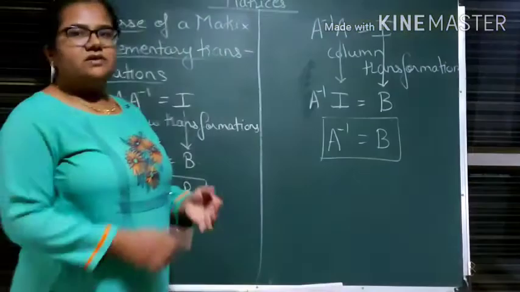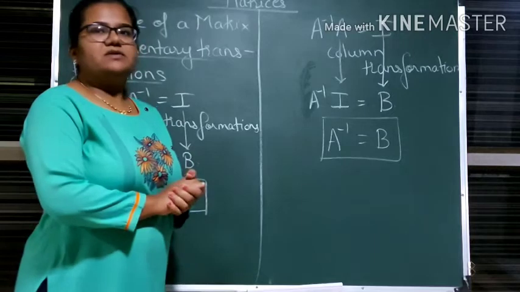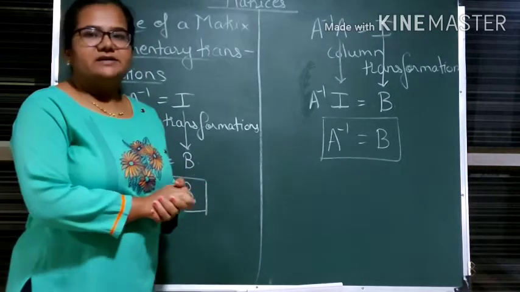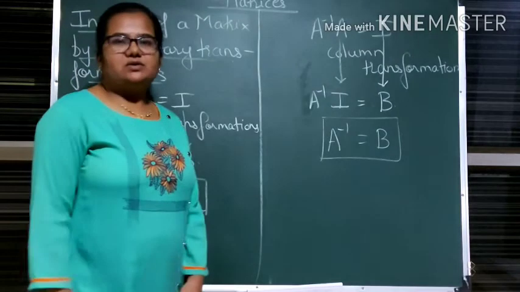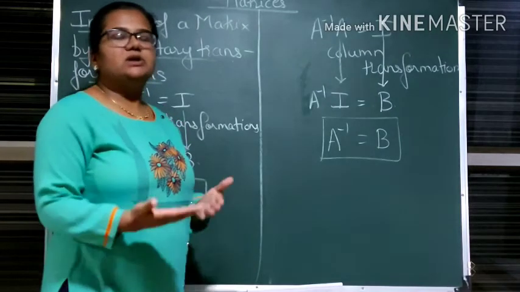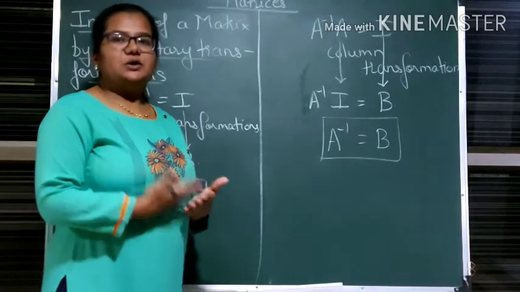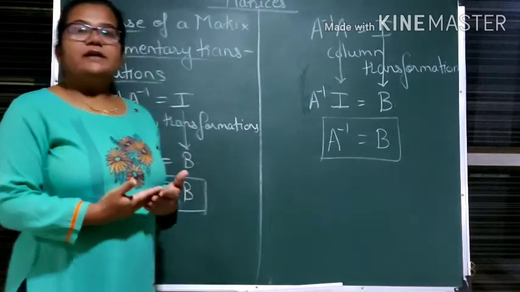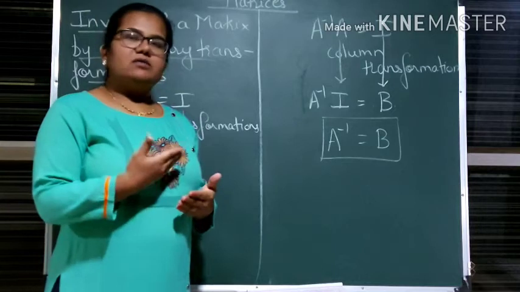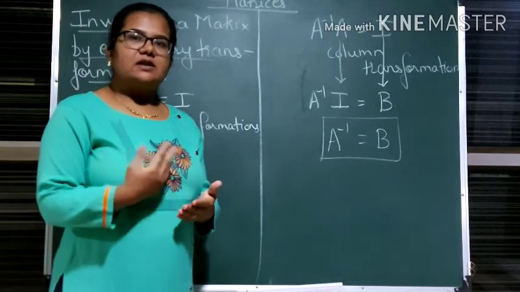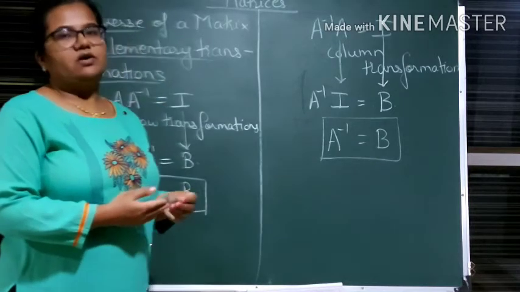Yes. Now we have seen what is the inverse of a matrix. Then we have seen when the inverse of a matrix exists: when the determinant is not equal to 0. Then we have seen the uniqueness of the inverse of a matrix. That is, whenever the inverse of a matrix exists, it is unique. Now, how to find this inverse of a square matrix? If the inverse of a matrix exists, then there are two methods to find it.